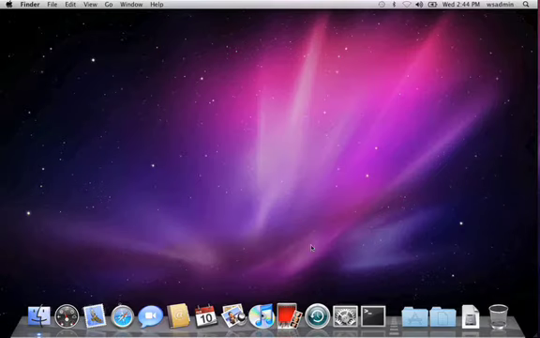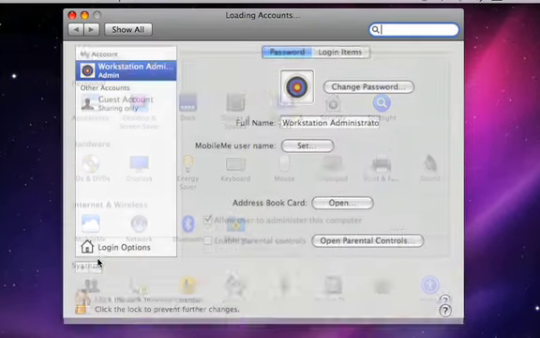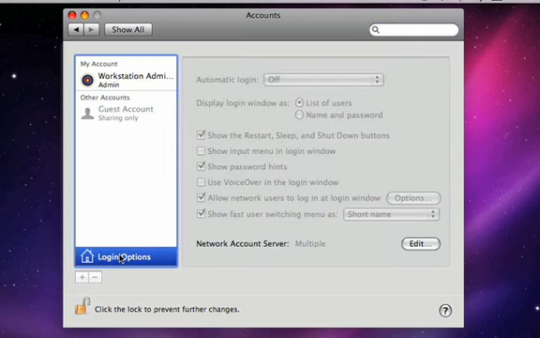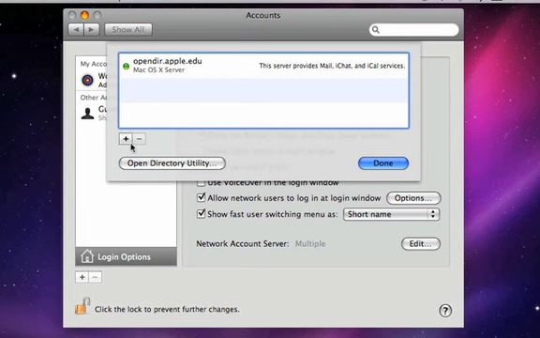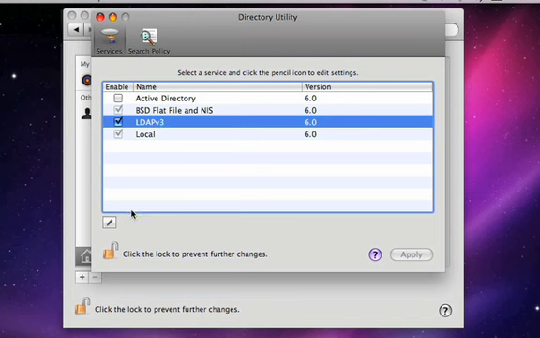Then go to System Preferences, Accounts, click Login Options, click Edit button, open Directory Utility, click on LDAP v3, authenticate using the padlock if necessary, then click on the